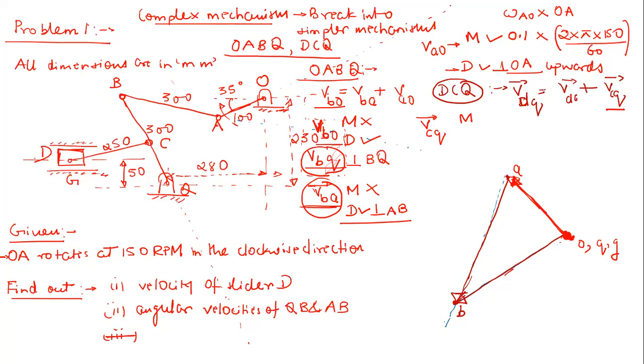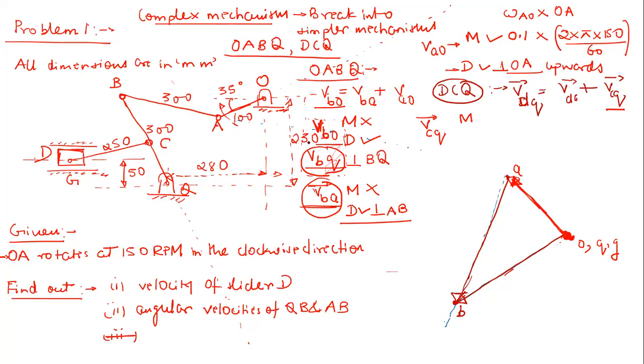Sir, if we can take the point C on QB vector, then suppose QC upon QB. Right. So now it's very good. So it's now very easy. What you have to simply do, see, if you remember that this C is an intermediate point on this link BQ, right? So if you remember, in the last session we solved such problems, right? So obviously if we take this ratio, that is velocity of B with respect to Q, right? So now this is known to us, correct?